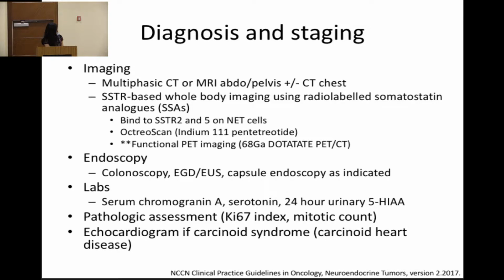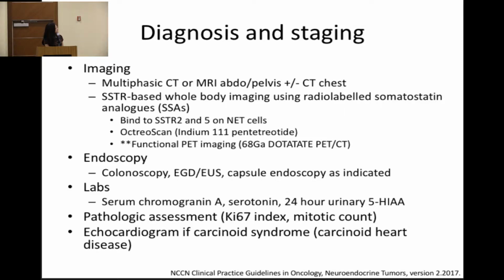Endoscopy, as indicated, to identify the primary; labs and tumor markers here if carcinoid syndrome is suspected; pathologic assessment; and finally an echocardiogram if somebody has carcinoid syndrome, in order to assess for carcinoid heart disease. Somebody with carcinoid syndrome should really get an echocardiogram every few years to assess for